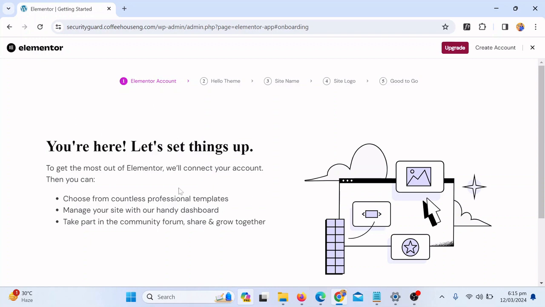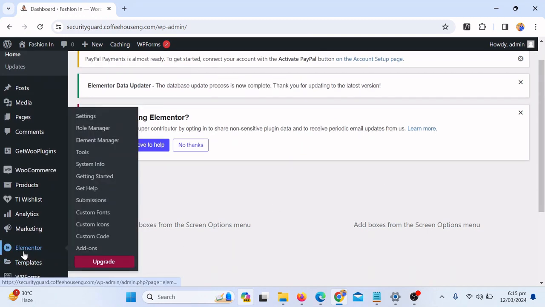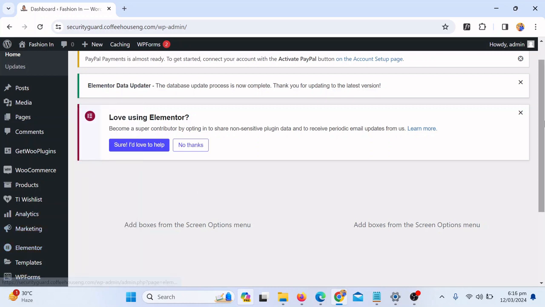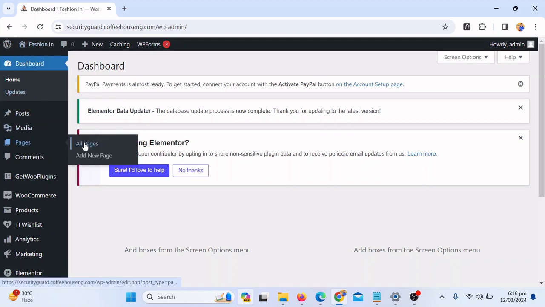So we have clicked on activation, and then just leave this setup. Just click on this X icon, and boom. Now we have the option of Elementor here. So suppose you want to edit your website with Elementor, then you just have to go to all the pages here,